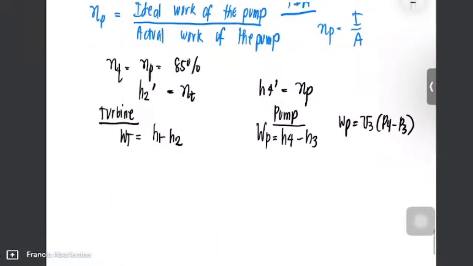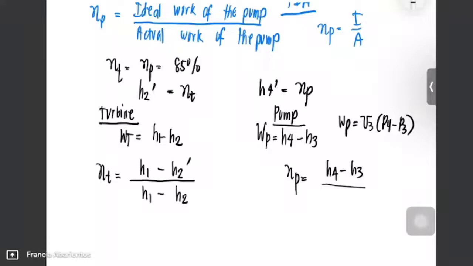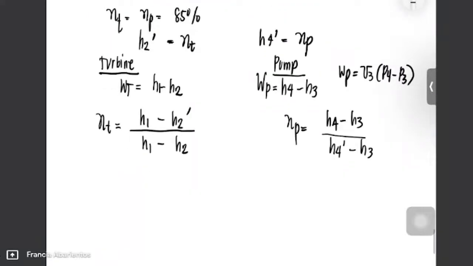Okay. So, turbine tayo, focus. So, turbine work is equal to the actual. What is the actual class? So, H1 minus H2 prime over the ideal H1 minus the H2. While here in the pump work, ideal over the actual. Ano yung ideal natin? H4 minus H3 over the H4 prime minus H2. Okay. Computing for H2 prime,